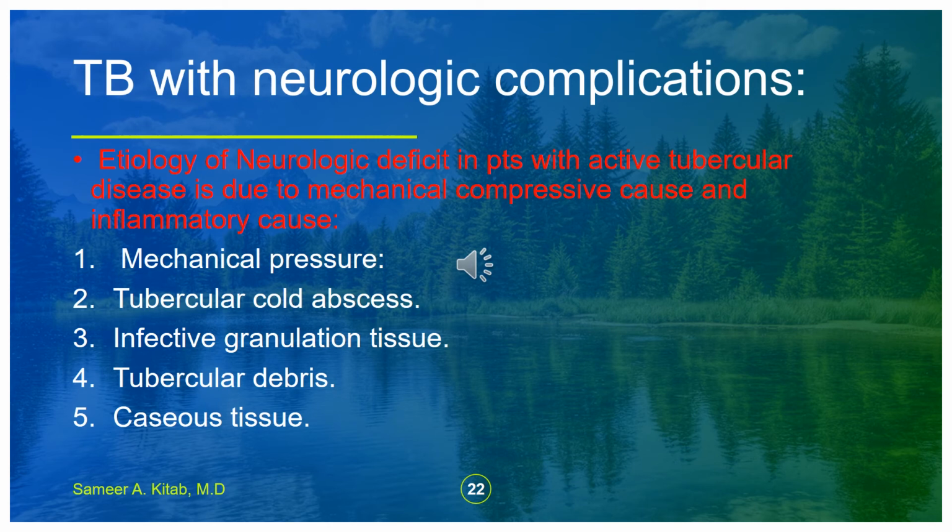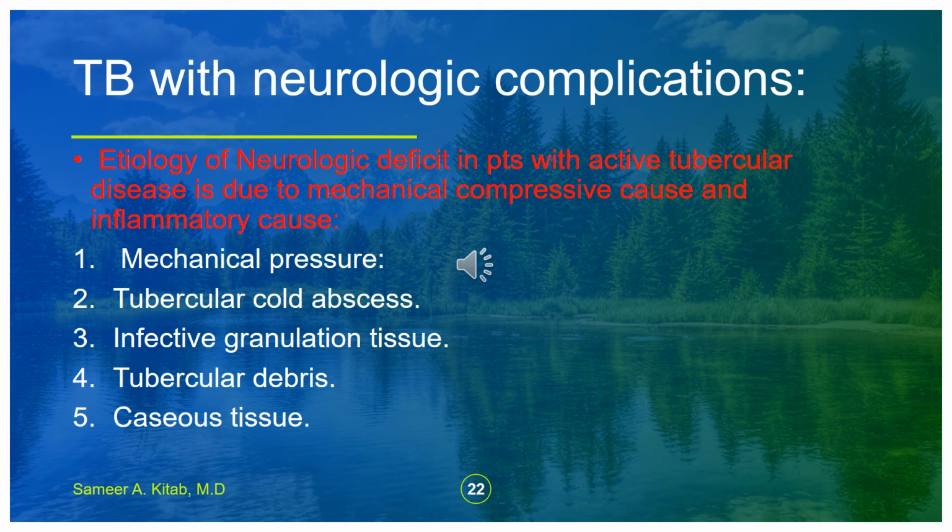TB can involve the neural tissue either directly because of the inflammatory process, or indirectly because of the instability of the skeletal or surrounding skeletal elements, that is, instability of the spine, or because of the compressive effects of the infected or inflammatory tissue. Etiology of neurologic deficit involves